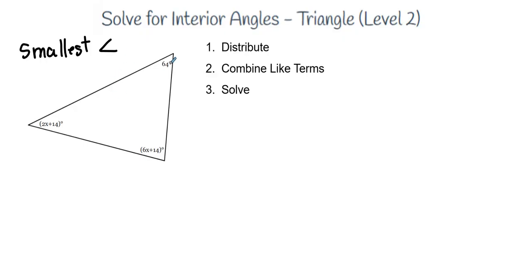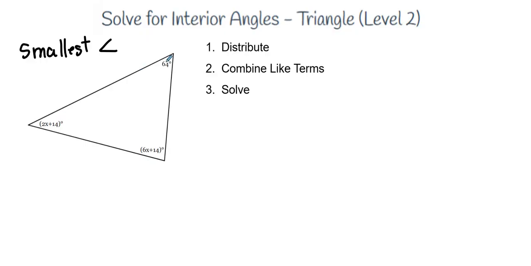So in this case, we know that this angle is 64. We don't know what this is. I'm assuming it's probably this. The way this looks, it's probably the smallest one. But what we'd have to do to find out if this is the smallest one is we'd first have to solve for x. We've got to find out what x is, and then we would substitute the value for x into this angle, and then we could compare. Again, I'm just assuming it's this one right here because it looks to be the smallest, but let's use algebra